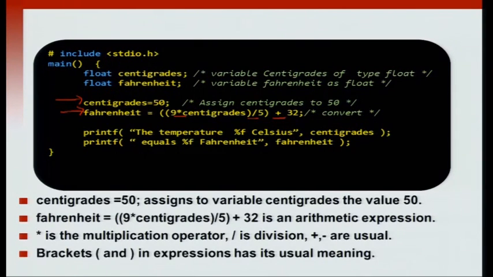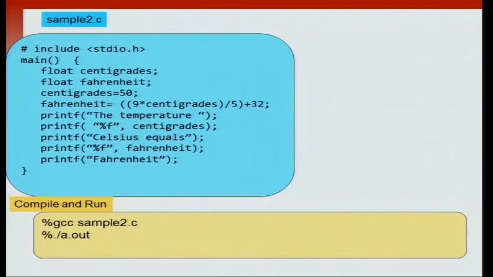Now the brackets in an arithmetic expression are just like brackets in mathematics. So they group together particular things. Okay. Now let us just trace through the program. Let's see what happens step by step when we run the program. Okay. Let's say that we save the file in sample2.c and then run it as